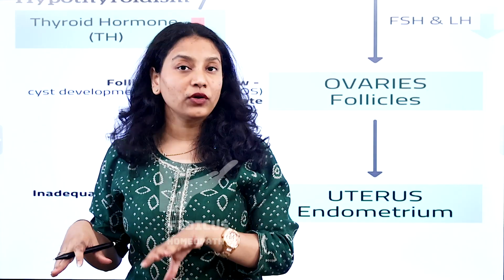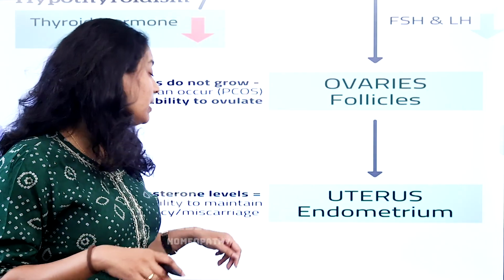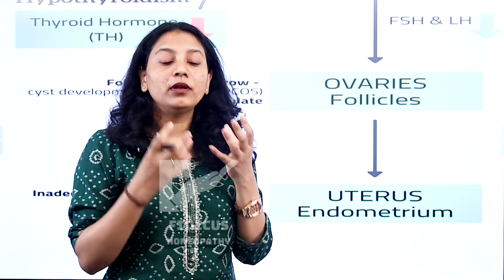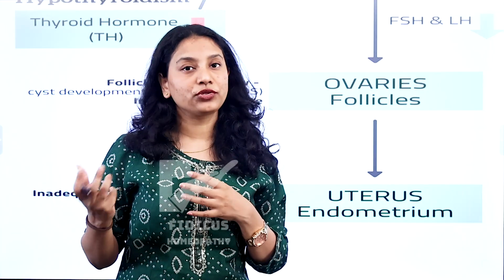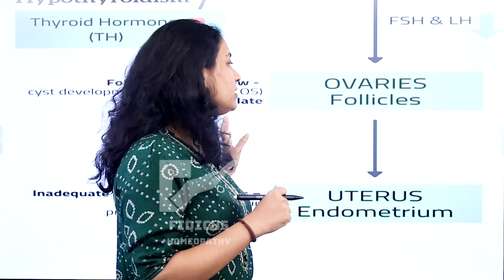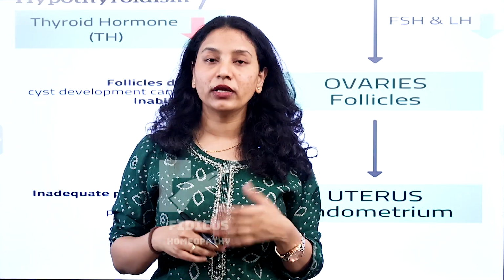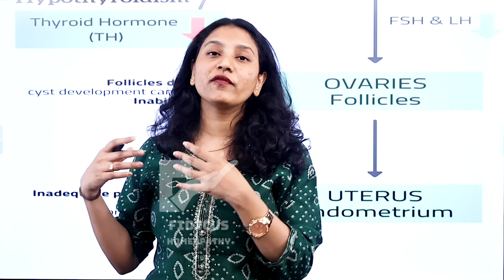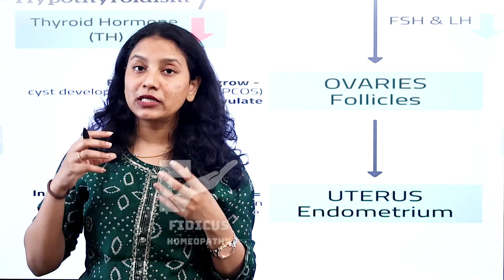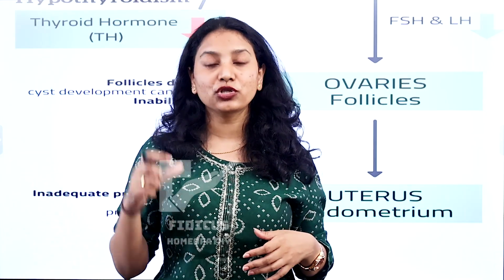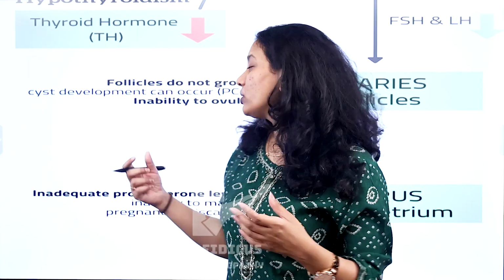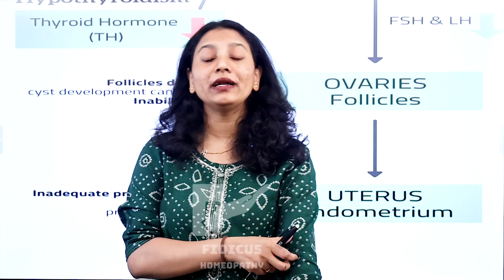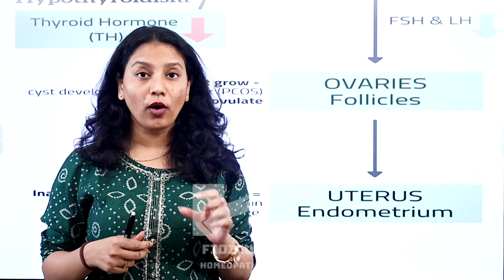And by chance, if you are having an ovulatory cycle, the uterine endometrium is very sensitive to the progesterone and estrogen levels, right? So whenever there is no formation of the Graafian follicle, or no release of the egg, what happens? There is no formation of the corpus luteum. The corpus luteum is responsible for the production of progesterone. Fine. So the progesterone level is very low. Whenever there is low progesterone, the endometrial thickness is not proper.